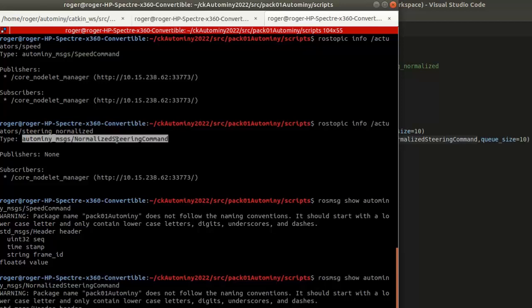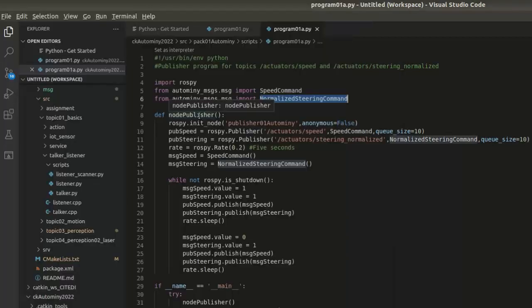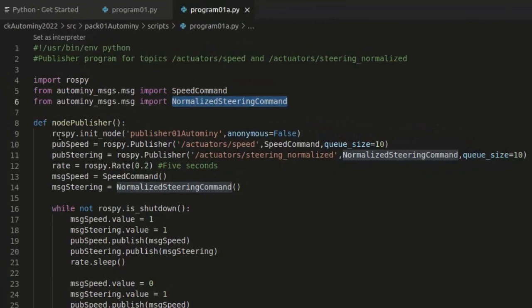So that's why we needed this information before, and we had to be aware of the names of the type of messages that we are going to use for publishing on these topics. Then we use the command init_node to initialize our node. We indicate the name of the node that we want, and then we create an object